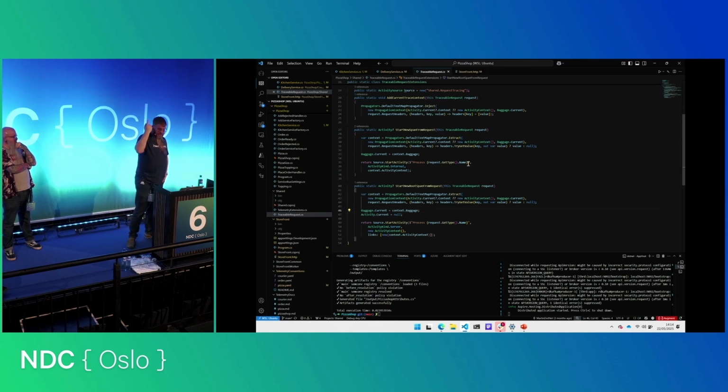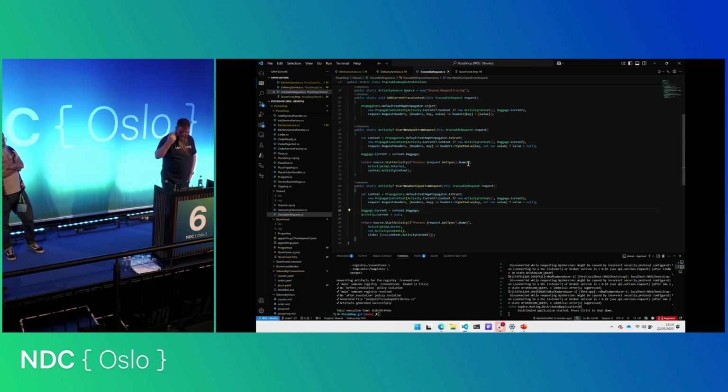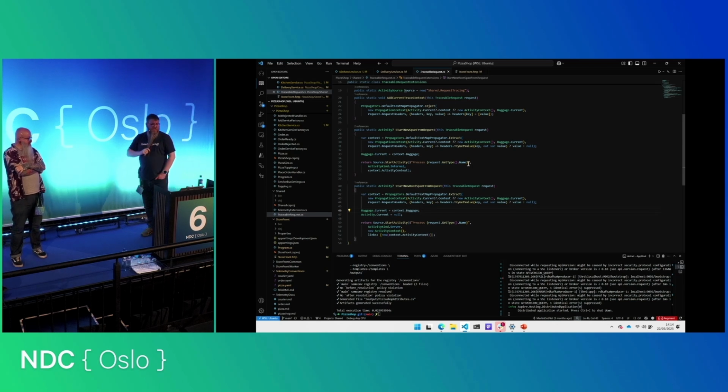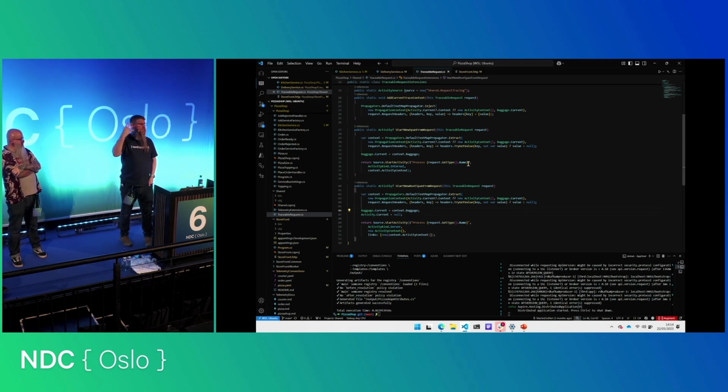Now, the first one, which is start new span from request, is going to take the headers from the metadata from this request. And it's just going to start a new span and say, my parent was the one that was on the metadata. That's trace parentage. So we've got a parent and child relationship between those two spans.